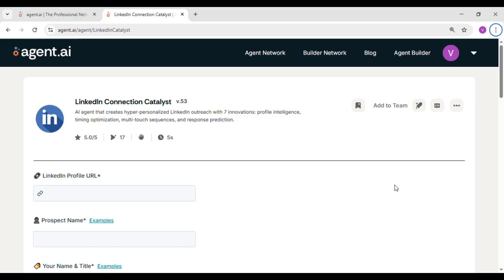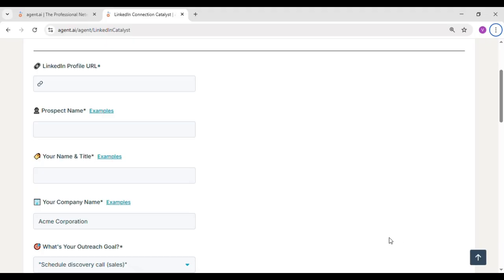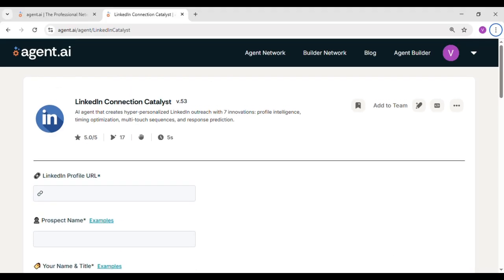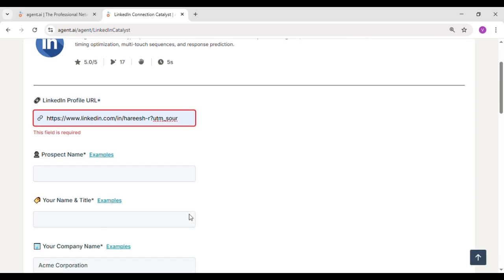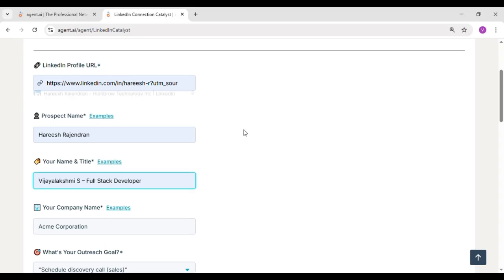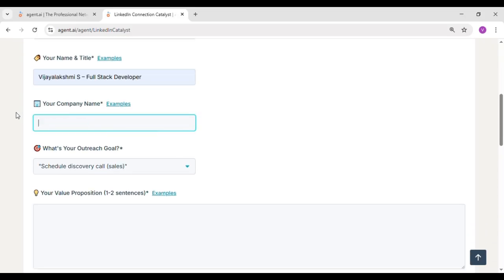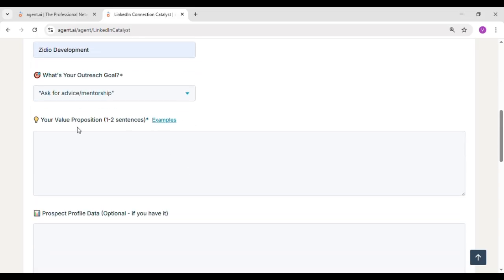So here is the user interface where we input details like LinkedIn URL, prospect name, our value proposition and messaging preferences. So let's test our case. First our LinkedIn profile. And the prospect name of the LinkedIn profile, and my name as a full stack developer, and my company name. So it's video development, and my outreach goal is to ask for advice and mentorship, and your value proposition like